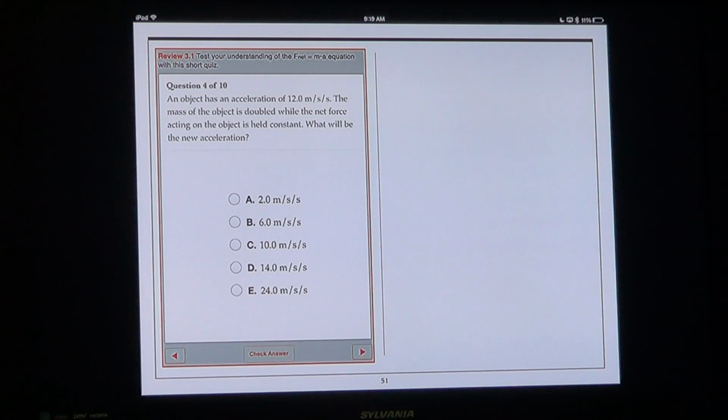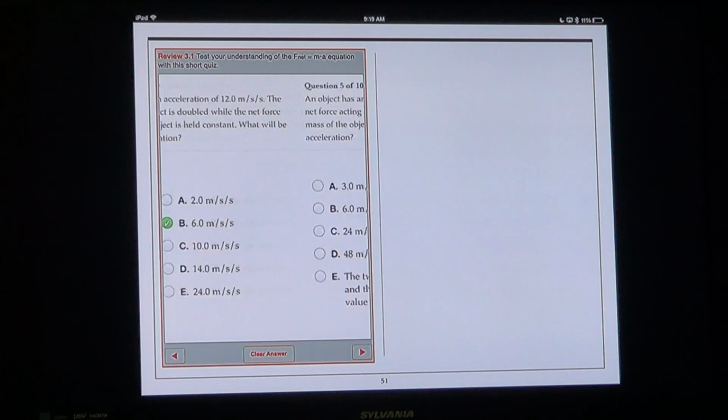Okay, an object has an acceleration of 12, the mass is doubled, while the net force is held constant. What will be the new acceleration? So that's like the opposite of that. Speed. What? Speeds. 6? Good, why did you choose speed? Because the mass went up, so it has to decrease. Right, so if it's inversely proportional and the mass doubles, then we would divide it by 2 to get the